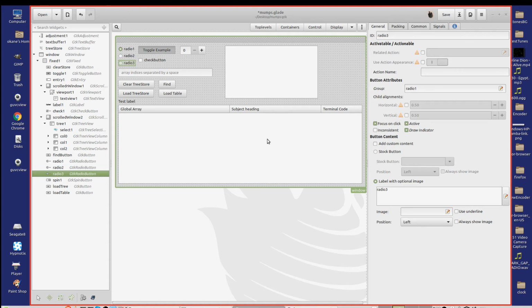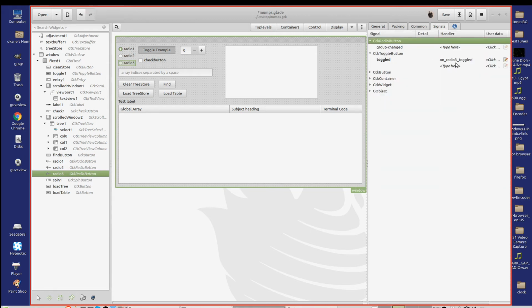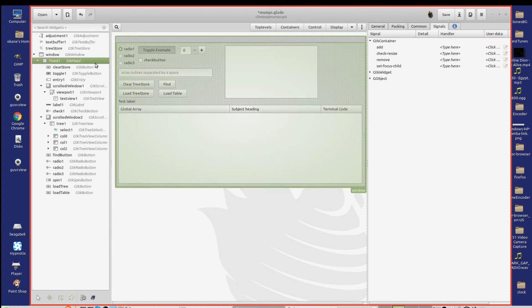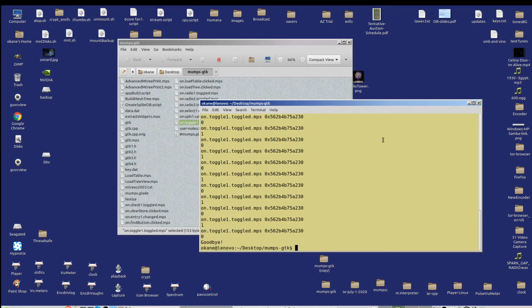So if I wanted to put a 4th button in there, everything else would be the same, but I'd also link it by virtue of radio 1. They all have the same signals. I mean, not the same, but they're similar. Radio 3, and the other one here has radio 2. Whoops, I hit the wrong one. Radio 2 toggled, so it's radio 1 toggled, radio 2 toggled, radio 3 toggled. Okay, and again, if I go over here and